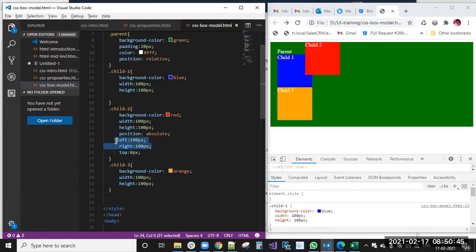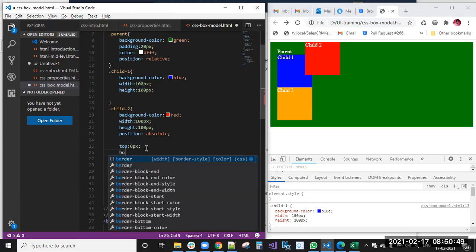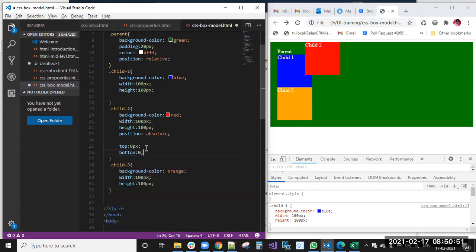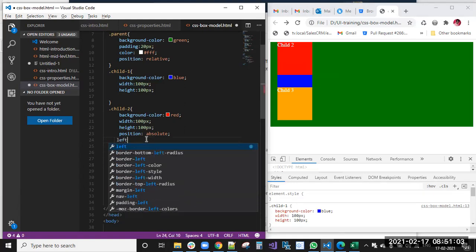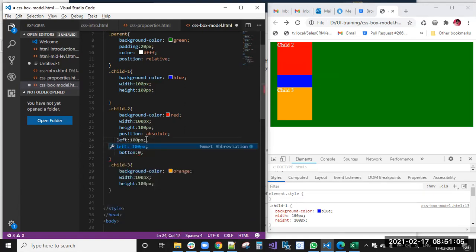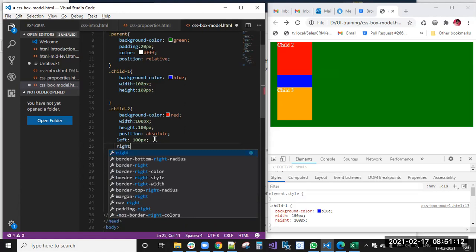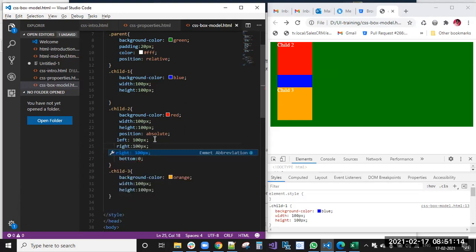Similar way, top 0, bottom 0. You can see that. Bottom 0. Now top 0, it's at the top 0. Right 100 pixels is also written.